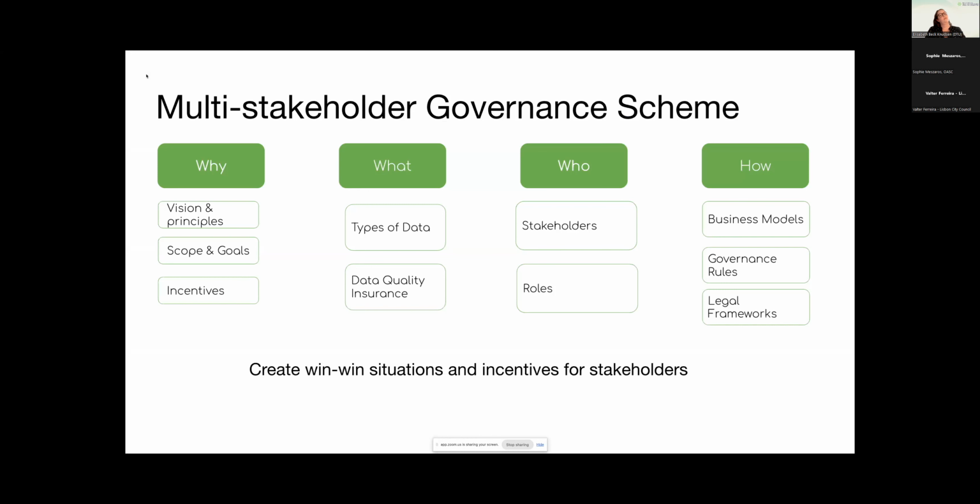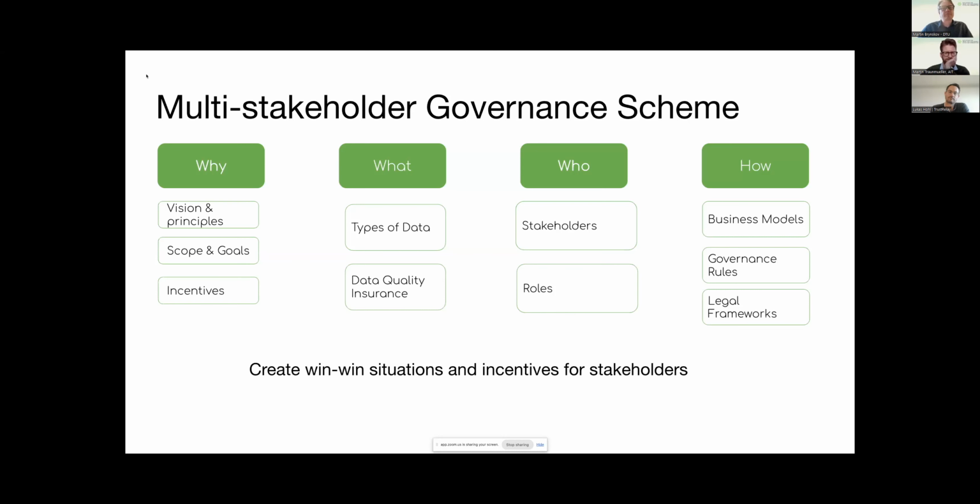And in the work that my colleague Justine Gagnon from Eurocities has developed, she has specifically, in the code of conduct, described the principles and the vision for a data space in a smart communities environment. In this context, it's very important to elaborate and really define what's the scope, what's the goal, and what are the incentives.